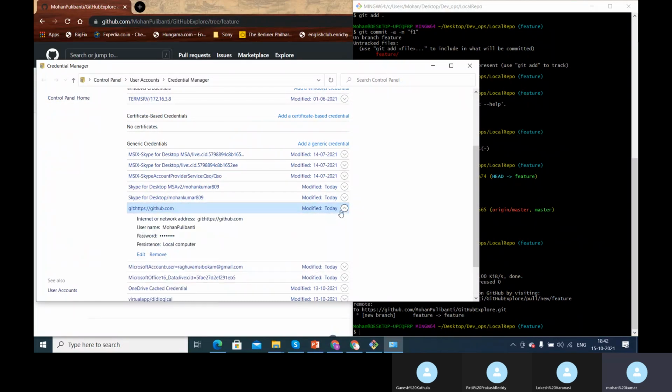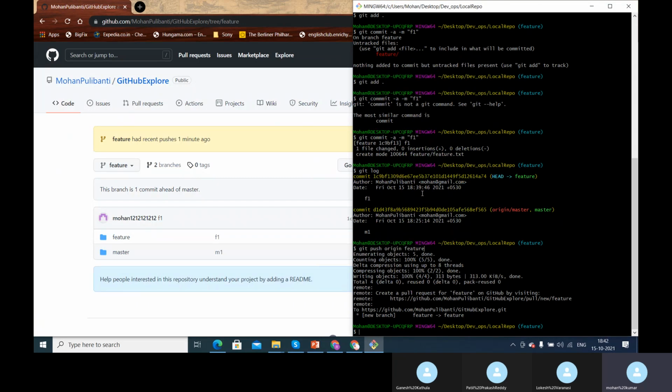So if you remove this and try to push again, it will ask for the credentials, but for now these credentials are stored here. That's the reason it is not asking for the credentials again and again. That is one of the takeaways that you have to understand. So credentials will be stored in the credentials manager, Windows credentials, and you will see the entry for Git over there. Okay, so that is the second thing.